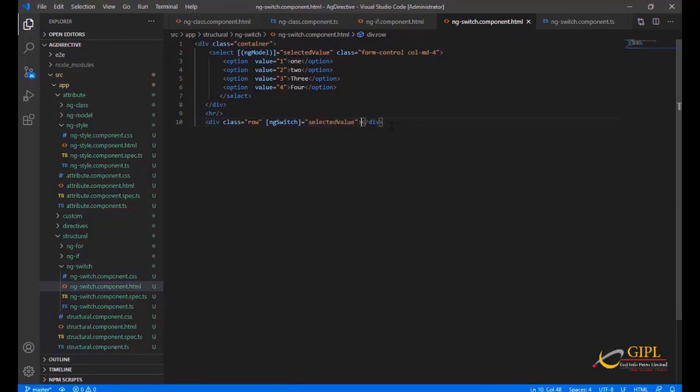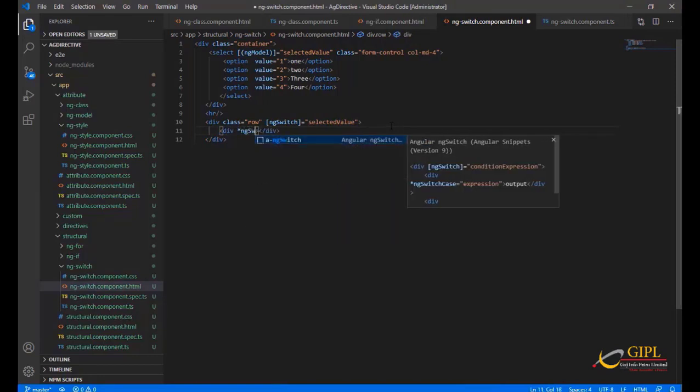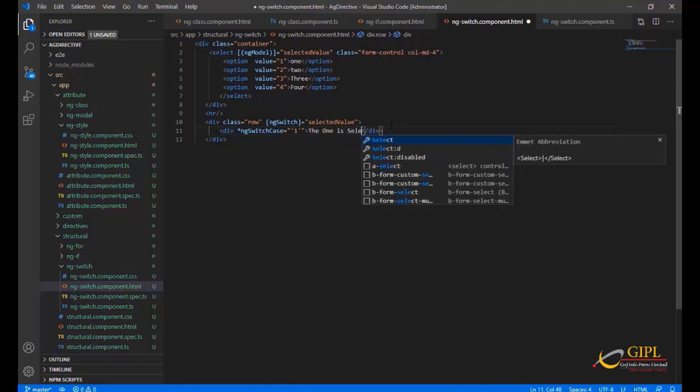Inside this div, add one more div, star ngSwitchCase equal to 1. The 1 is selected.